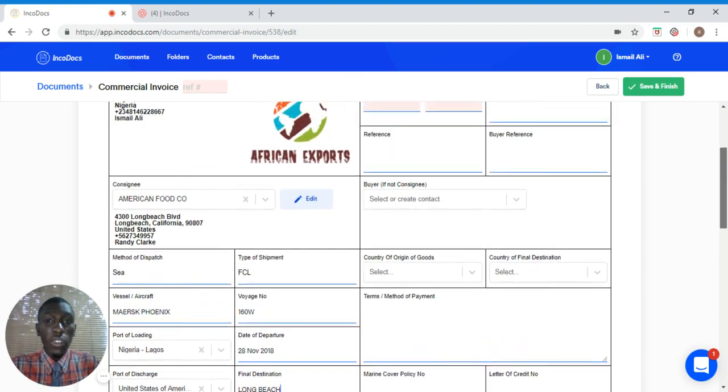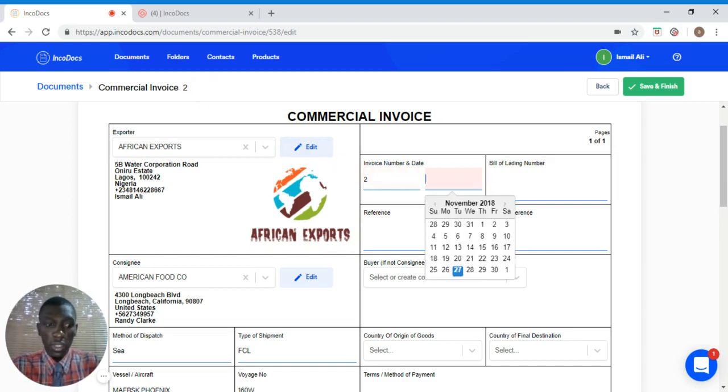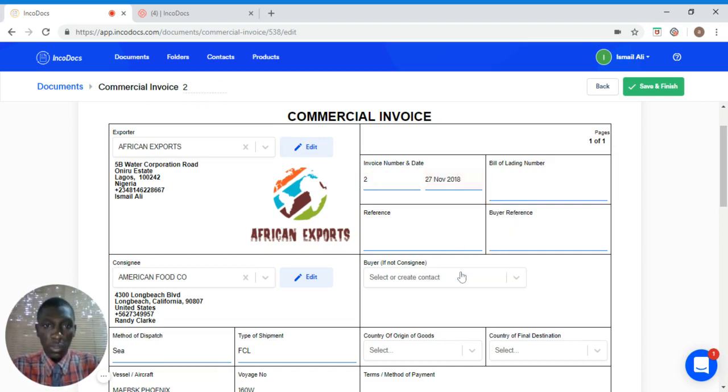On my right hand side, this is where I get to fill in the reference details. And if there's a third party involved, this is where I get to select a third party. So for the invoice number, I will just put 2, then the date. You can fill in your bill of lading and other details.